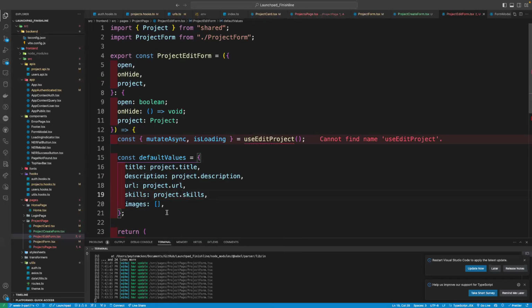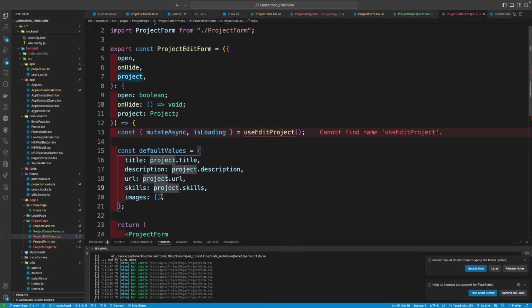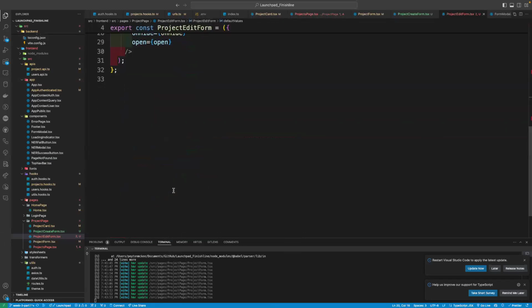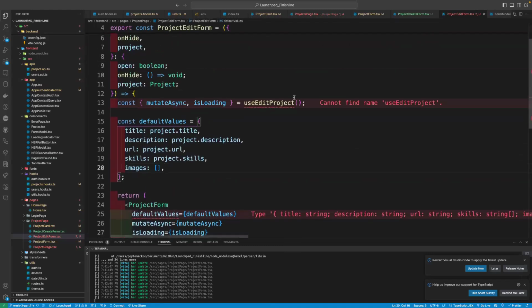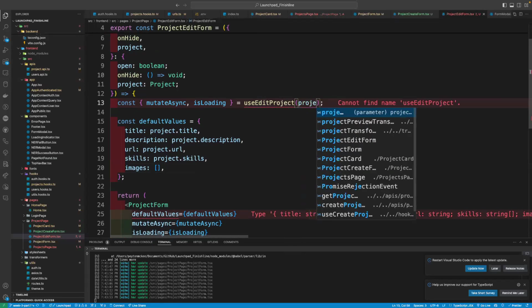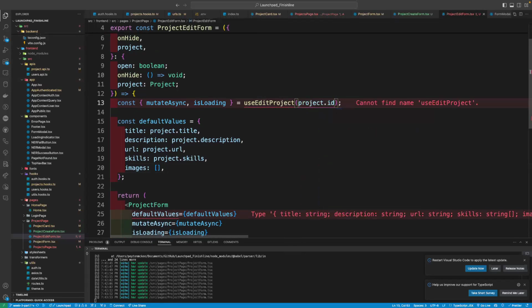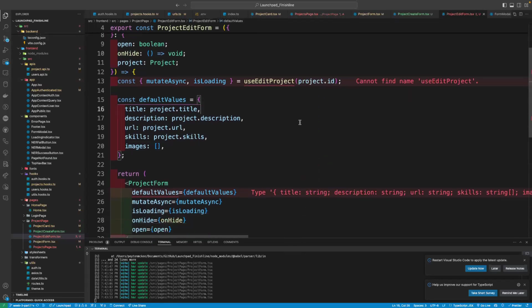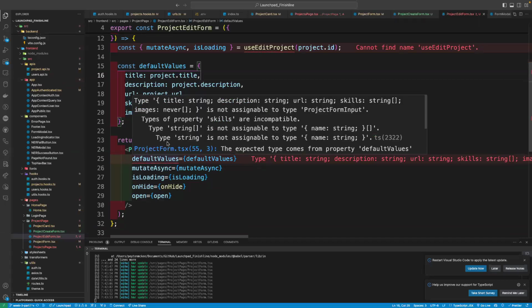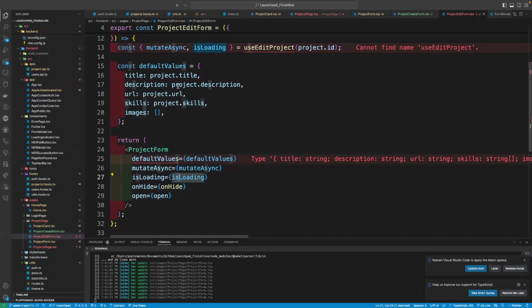And we're just going to, for simplicity's sake, leave the images as they are. Actually, what we want is to also pass in the project.id here, so we don't have to worry about that later. Default values. Oh, right. But we need to